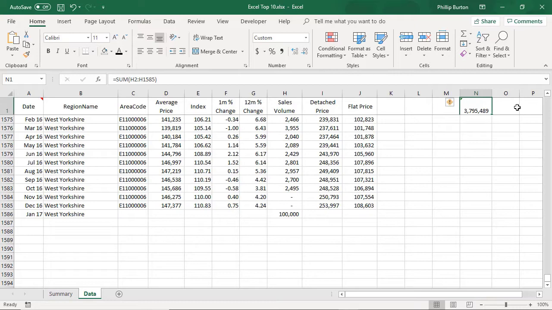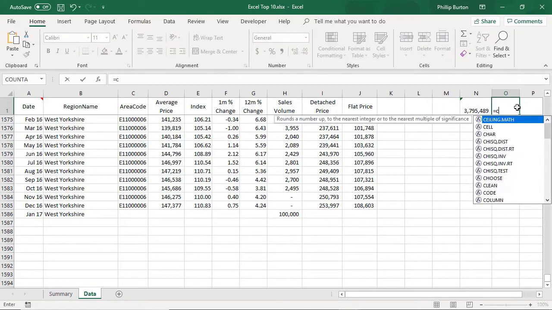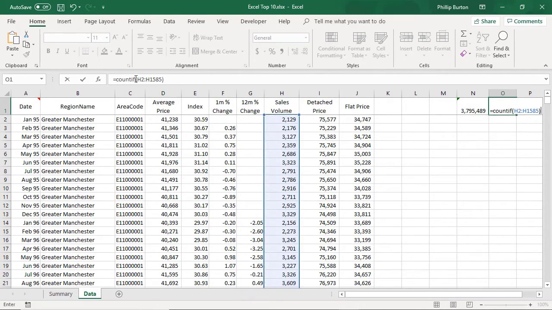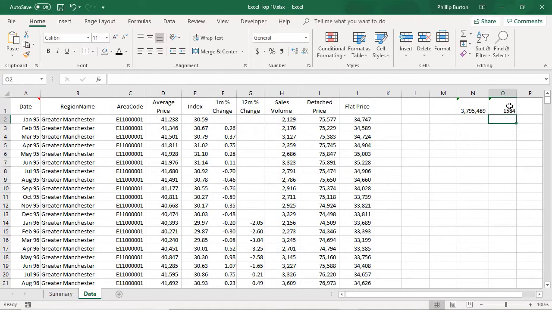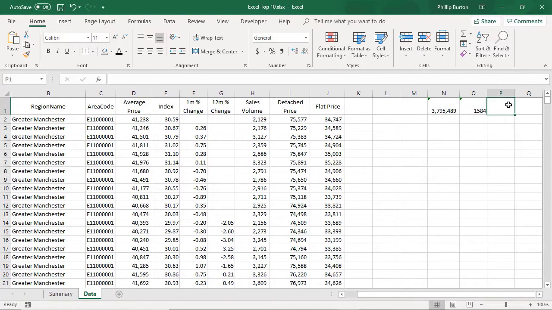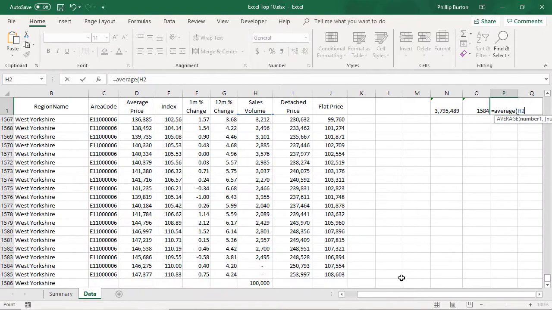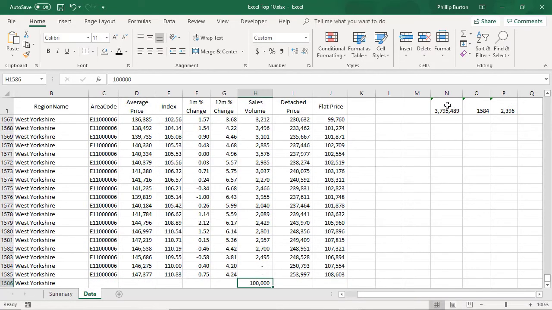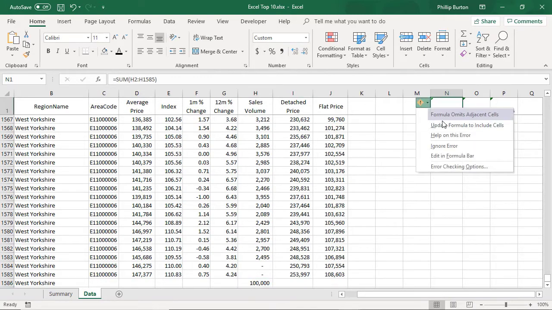And it may not just be this formula. Suppose I had additional formulas which did a count. So how many particular items were there? And maybe I've got another one which does the average. So what's the average sales volume per month? None of these formulas are picking up this new data row. As you can see by the little green icons to the top left, it tells you this formula omits adjacent